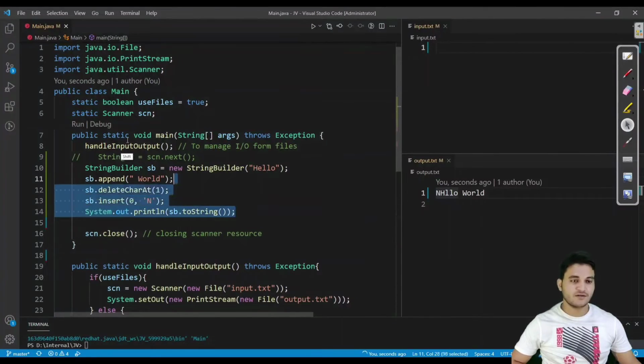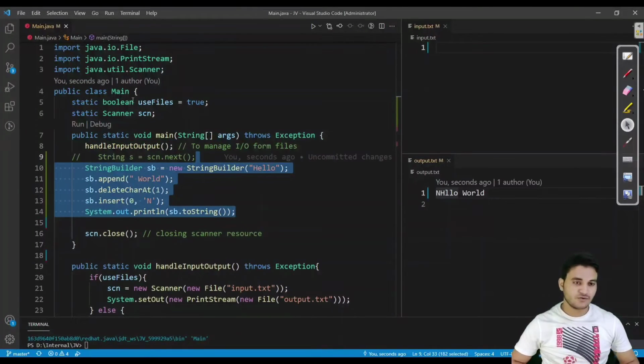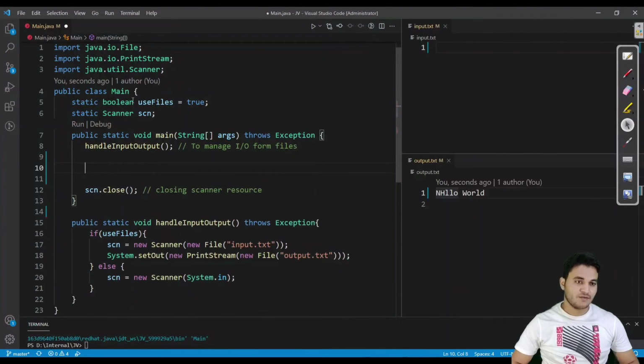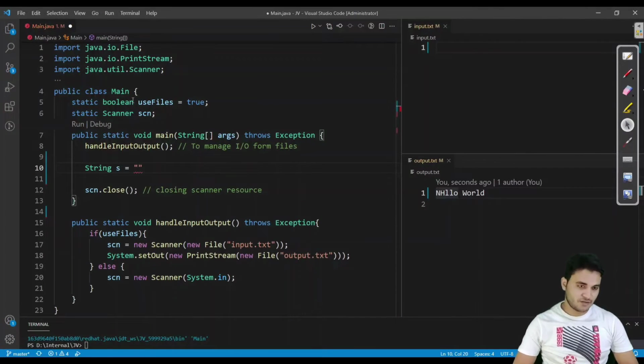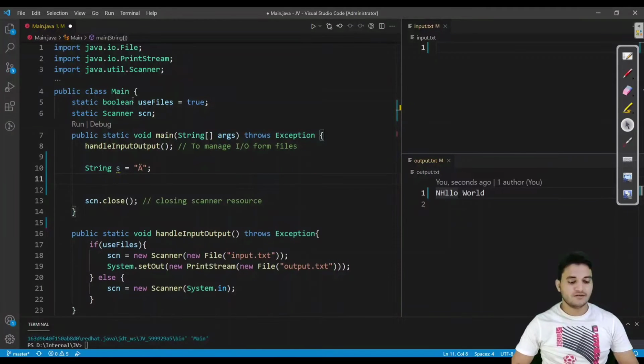Here I want you to analyze this code which I am going to write. Let us say we have a string called s, and I would like to write a loop for appending. Let us say we have this loop as i equals 0, i less than 10, i plus plus.